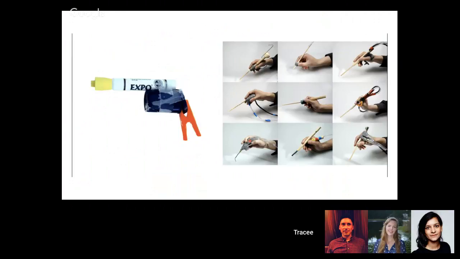Another example that I really love to share is on the right. You'll see a lot of different examples of what might look like a different kind of pen or writing instrument, but this is actually a prototype for a medical instrument. A big surgical team in the US came to us asking us to prototype a new kind of laparoscopic device, which is used for very fine surgery.